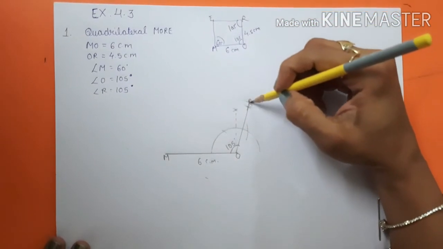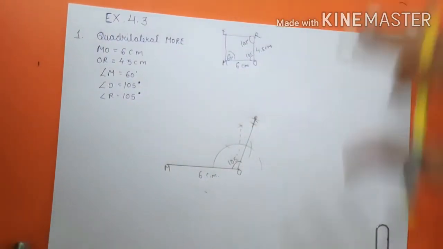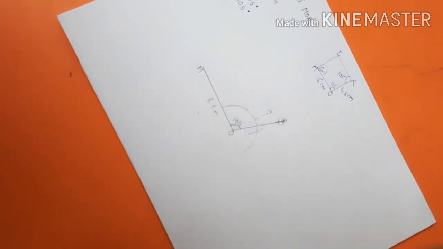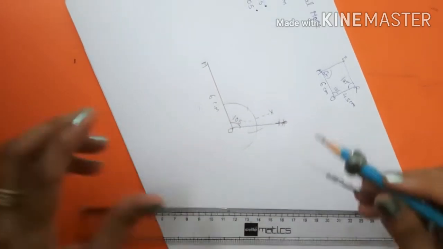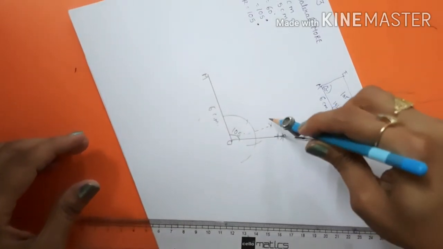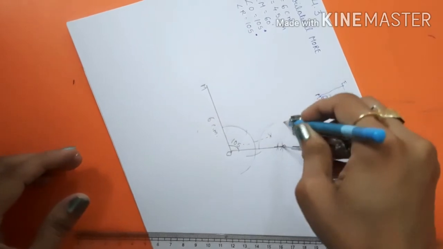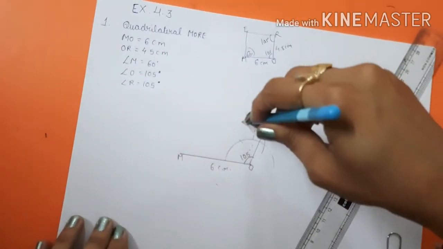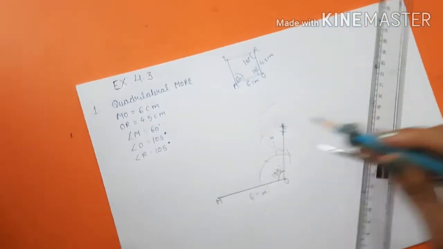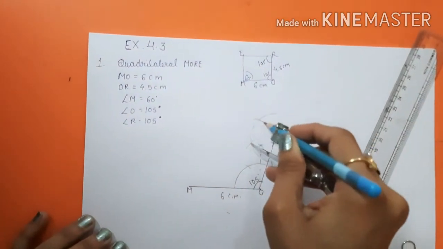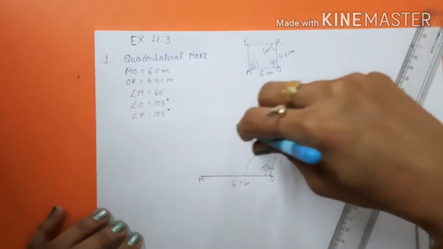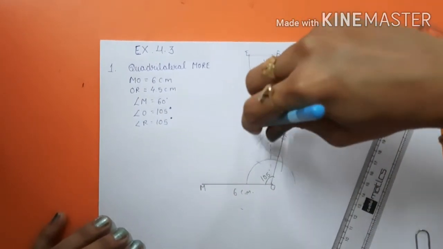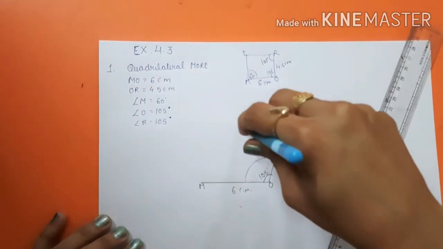So same process we'll do from point R. So we'll move our page and same. We'll take any radius and we'll draw a semicircle from point R. With the same radius, we'll cut arc of 60 degree and one more arc for 120 degree. Same from 60, one arc, from 120, we'll cut one more arc. This is for 90 degree.